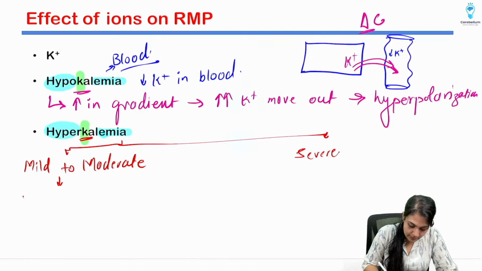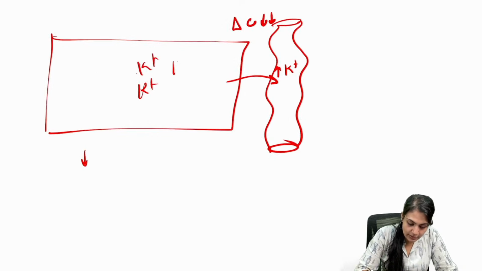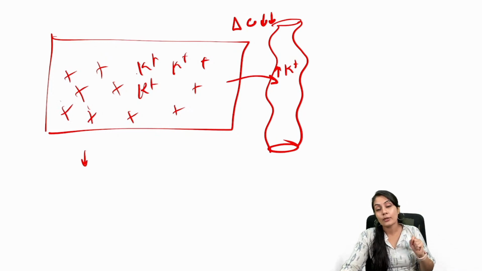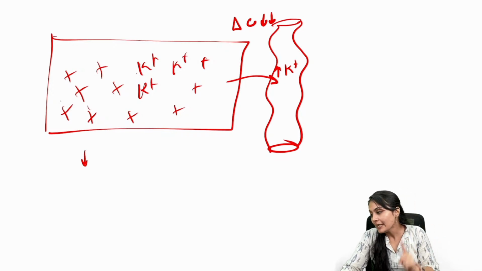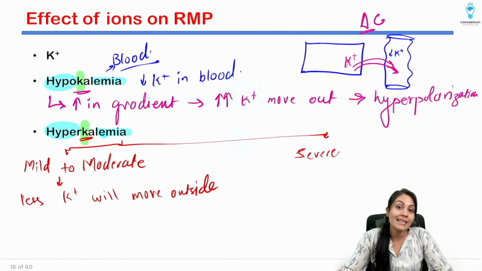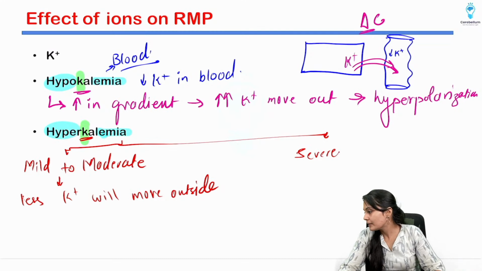In the mild to moderate, that means less potassium will move outside, and that means more of the potassium will start accumulating inside the cell. What is going to happen? The many potassium ions which are accumulated inside the cell will make the cell positively charged. That means depolarization is going to take place over here, isn't it? So definitely it is going to increase the excitability of the cell, isn't it? So if it is increased excitability,